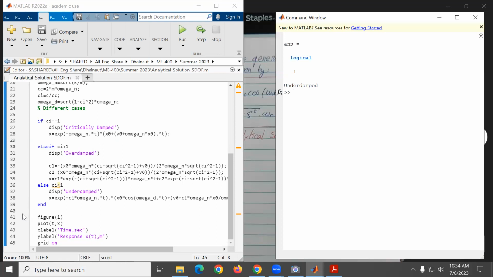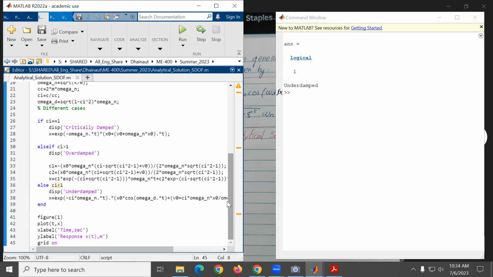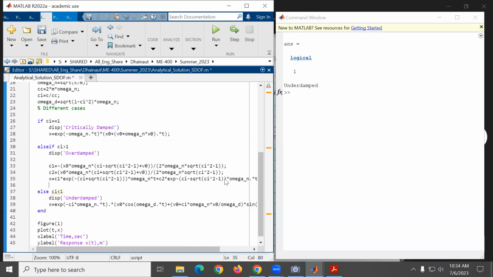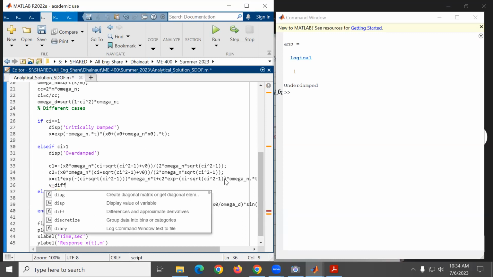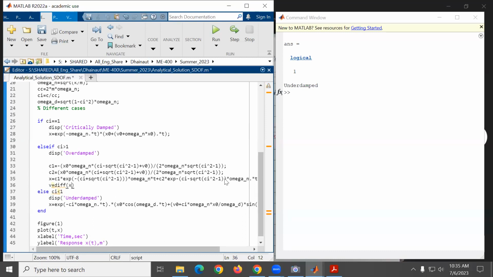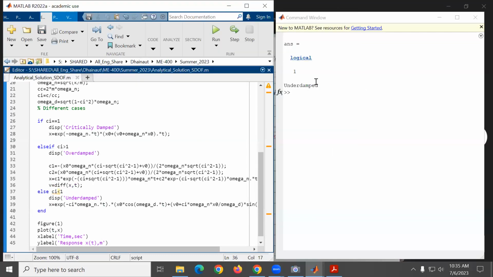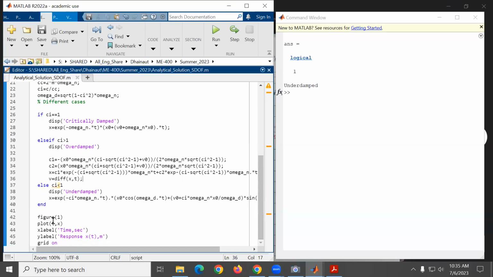Okay, so MATLAB can probably do the derivative. I'm sure MATLAB can do it, no? And maybe I can put it here. Let's try it. Maybe I don't even need to do anything. Generally, I like to do it in a different program, but v will be equal to, how can it be done in MATLAB? Differentiate x with t. Would that work? Okay, it's going to work. So let's say now if I say figure 2,